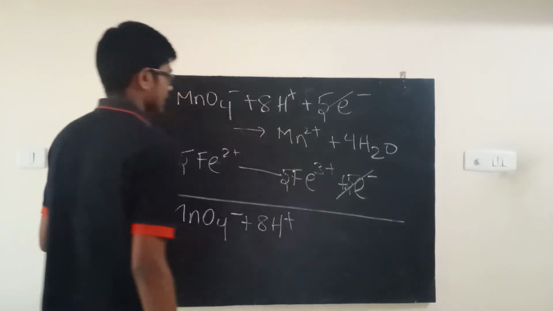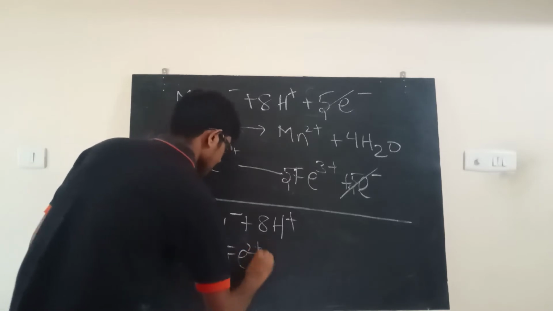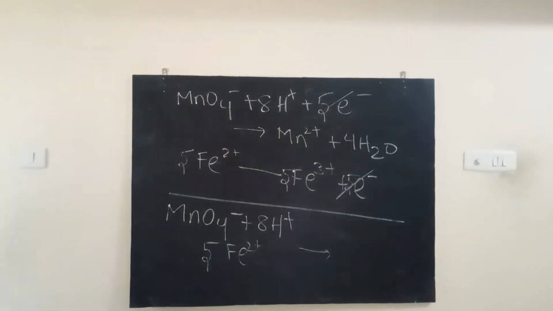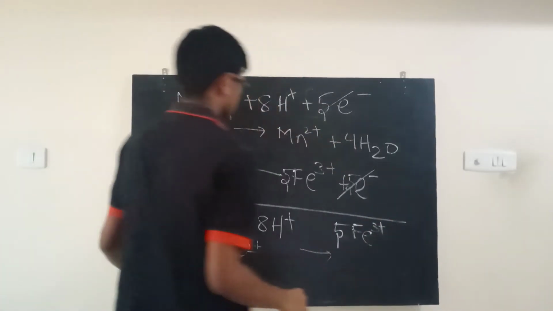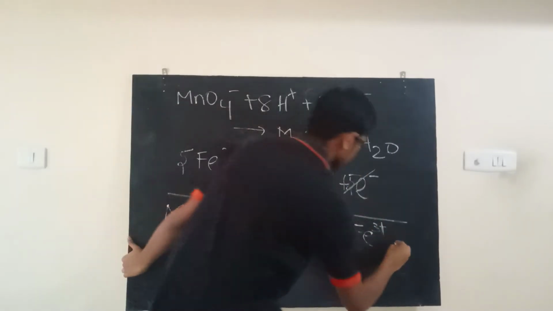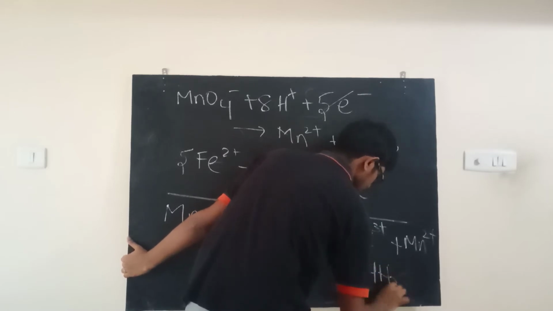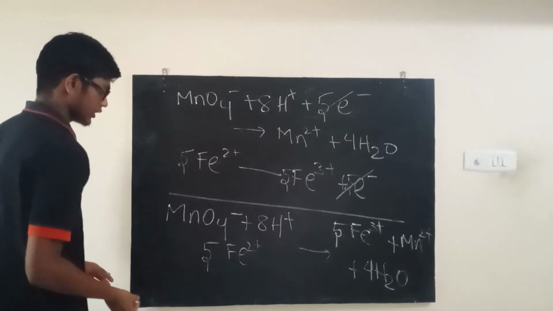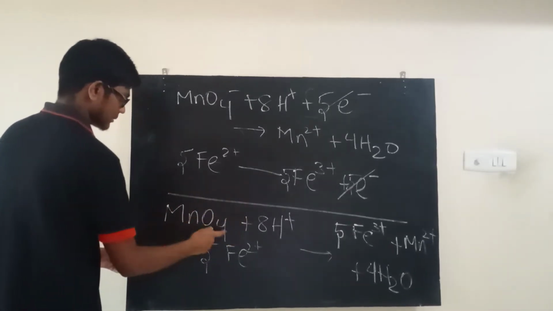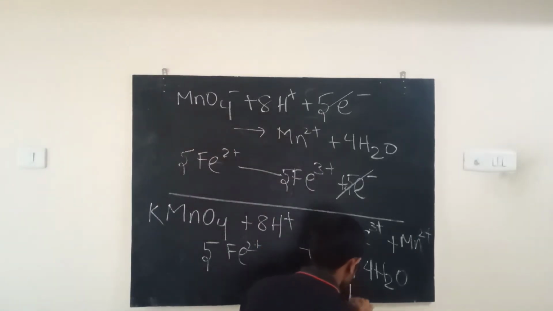redox. So if you just balance out this reaction, we have Fe2 plus on the reactant side also. I have 5 Fe2 plus giving 5 Fe3 plus, Mn2 plus, 4H2O, right? Let me just get some more chalk. And then what do we do? We say, okay, you have an MnO4 minus here, you cannot do that. So what do you do? You add K plus on both sides. So if you add K plus and MnO4 minus, this becomes KMnO4. But I need to add K plus on that side, so I'll add another K plus.